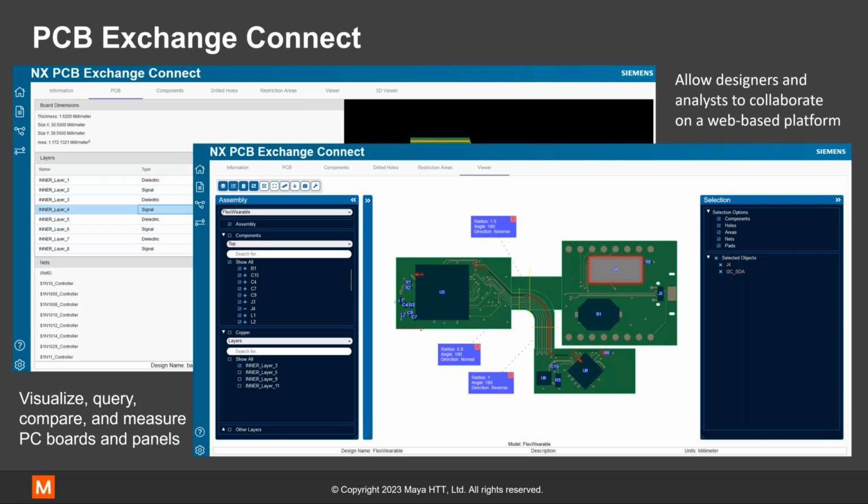You can do searches for different components. It's a really great tool for making sure everybody's on the same page and can access the same information. In addition, we also author the PCB Exchange product within the Siemens portfolio that allows you to take the ECAD and move that information directly into your simulation models as well. I'll show that just very briefly.